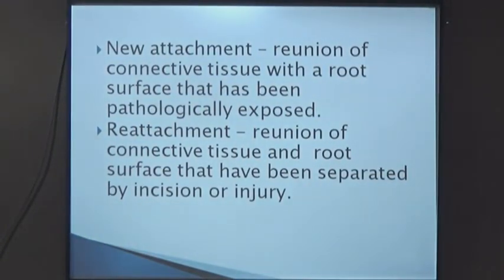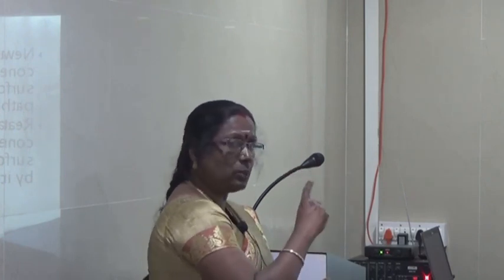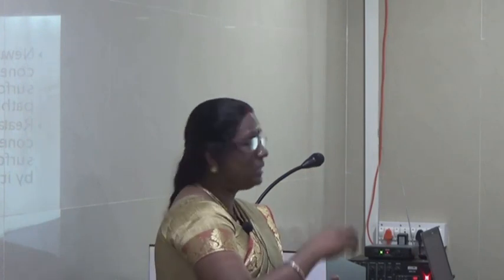Now, reattachment: reunion of connective tissue and the root surface that have been separated by incision or injury. If it is pathologically exposed and treated, you will get new attachment. When you are doing the incision or injury, and they are getting attachment, that is reattachment. So you can say even in a flap surgery, you are doing an incision, separating it, then cleaning it, approximating it, isn't it? So you should know what is new attachment, what is reattachment. Reattachment is by means of incision and injury, whereas a new attachment,